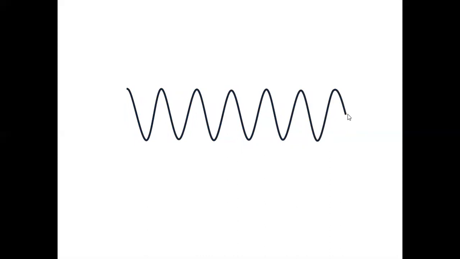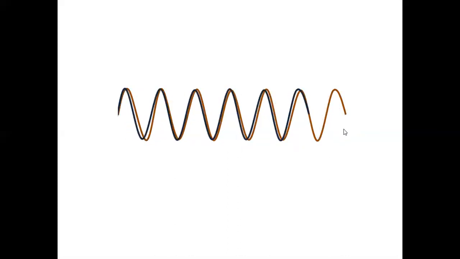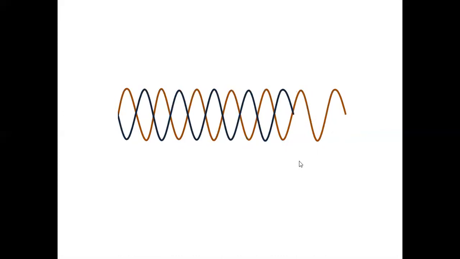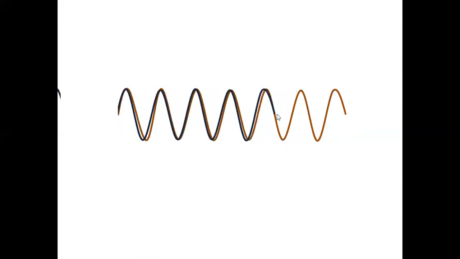And for n equal to 0 lambda, what is the phase difference? 0 pi, no phase difference. Now, what is this one? 2 pi phase difference. What is this one? This is 4 pi phase difference. So how do you put the phase difference then? 2n pi. Put n equal 0, 0. n equal 1, 2 pi. n equal 2, 4 pi. So 0, 2 pi, 4 pi. If that is the phase difference, constructive.